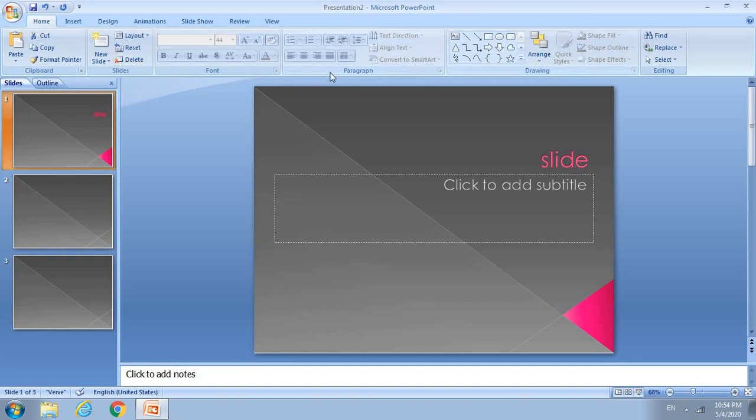More than enough are there. For a beginner level you can use the home tab, and apart from that we'll see something in a few more options in insert and design. So these are the 3 tabs which are more than sufficient for a beginner person to learn, and it will allow you to make much better presentations, a lot better than what you used to. And if you have not made one yet, you can of course make one.